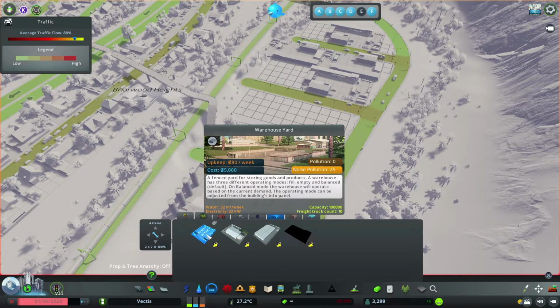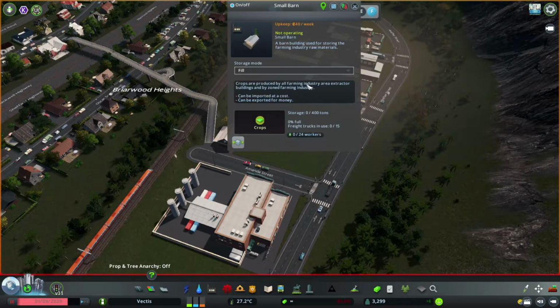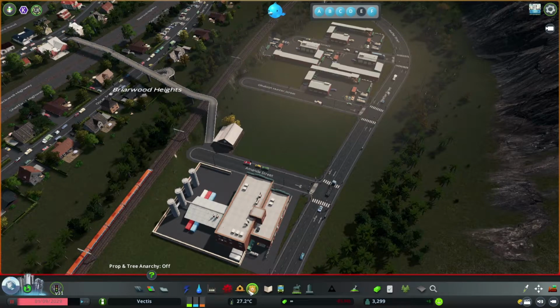A fenced yard for storing goods and produce. A warehouse has 3 different modes: fill, empty, balanced. On balanced mode, the warehouse will operate based on the current demand. So you want that on balanced. Yeah, I guess so. Set that one to balanced then. And then I'm probably going to want a small...